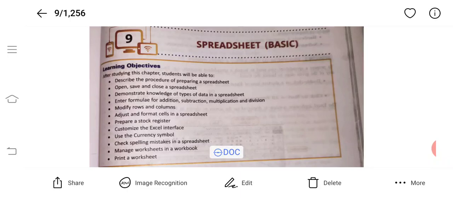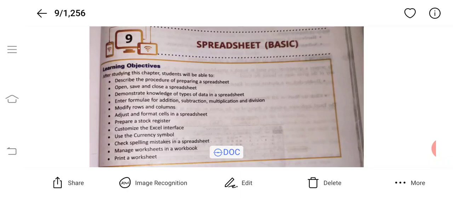post midterm, word processing from the previous syllabus is also included, and spreadsheet is also there, which I am going to start today. You have to write all the questions related to word processing that I told you to write in the copy before.